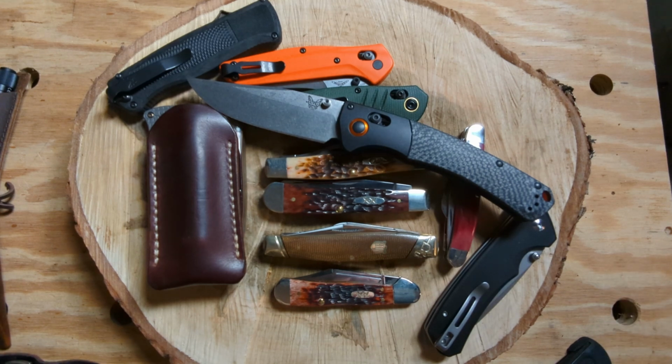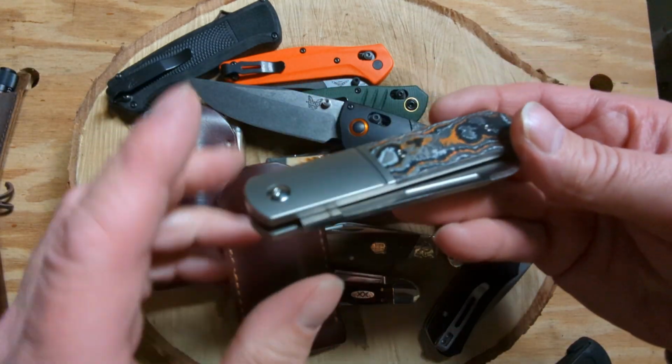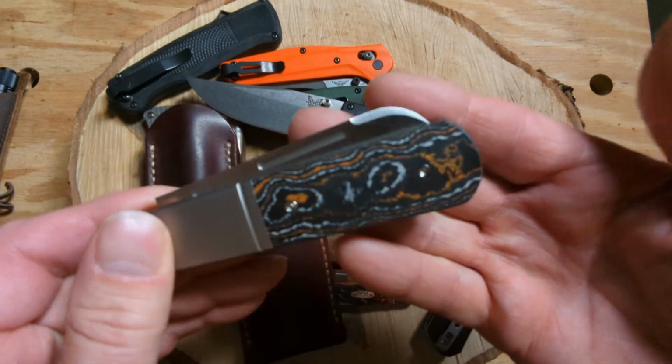Now you may say, I want a knife with a better blade steel. I don't want an old carbon steel. I don't want an old version of stainless steel that was used many years ago. I want something new. Well, you have those options. Here's another leather slip that I made. This is a Lake Champlain Barlow. You have a titanium frame, carbon fiber covers,